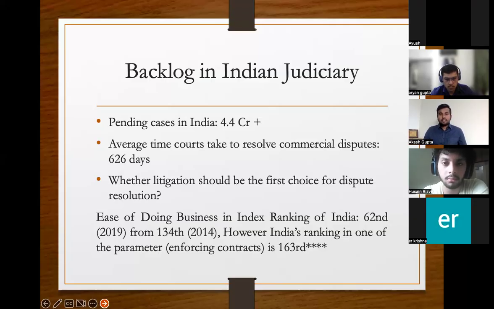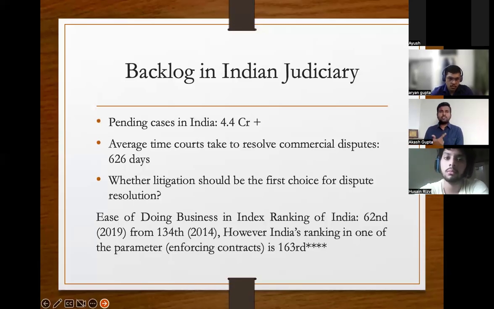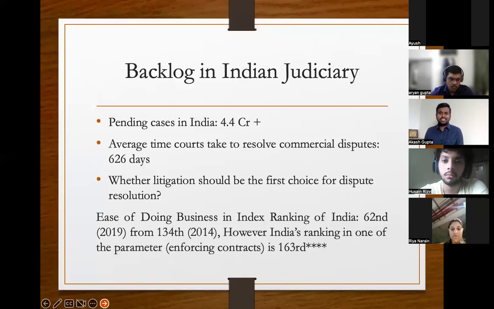But understand this, when you go to courts, can you choose the judge? The answer is no. Can you choose the applicable rules, the applicable law? Can you say that I don't want to apply the Indian Civil Procedure Code? I want to apply, let's say, CISG, right? Or let's say Singaporean contract law. The answer is no. The other thing is when you go to a court, there is a procedure which needs to be followed, right? And these things actually take a lot of time.